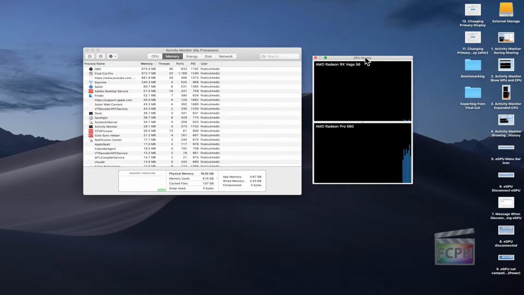I have the built-in AMD Radeon Pro 560 card. That's the one that's inside of my iMac. And then in my eGPU that I've built, I have the AMD Radeon RX Vega 56, which is basically the same architecture that's in the Blackmagic eGPU Pro version. So I could see both of these cards, and what you'll see is currently on my AMD Radeon Pro 560,